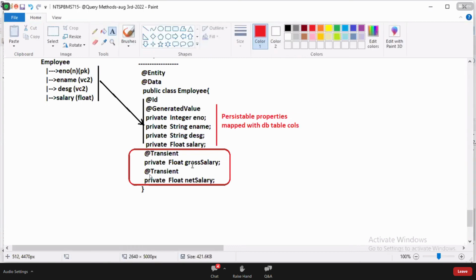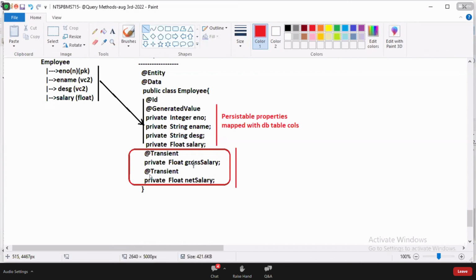Nazir Sheikh, these properties will not sit anywhere. After getting data into salary, we manually calculate gross salary and net salary. Understanding my statement, guys? Mr. Nazir, today your brain is not functioning. We perform a load operation, salary will come to the salary property.